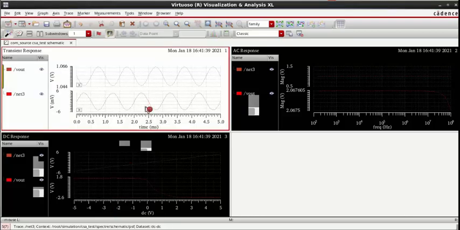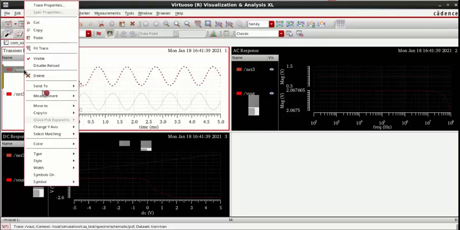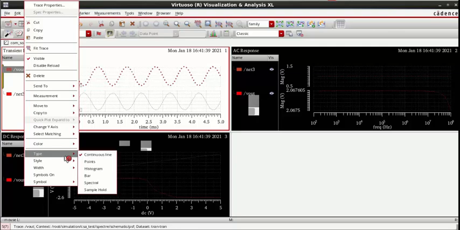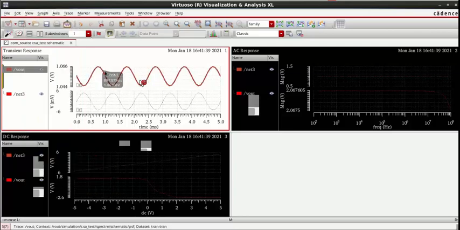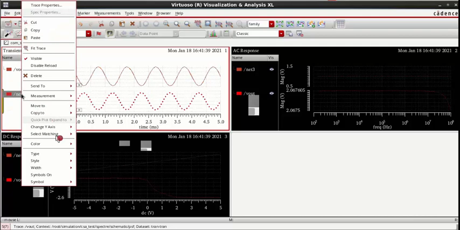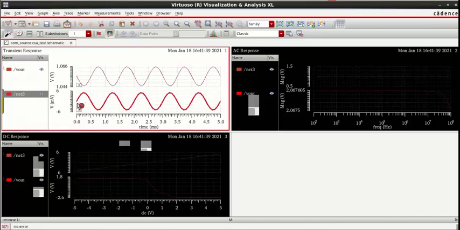Okay, so now you can see properly. Also this Vout, okay, we can right click, we can go for style, solid. So you can see that solid came. Similarly for net 3, which is input, right click, style, solid. Now we can see it.